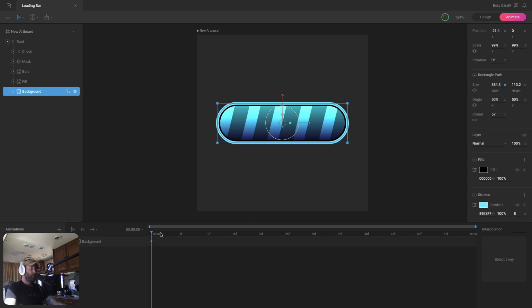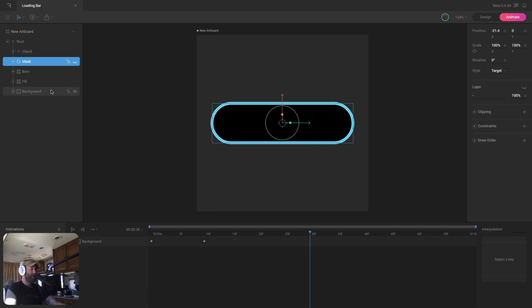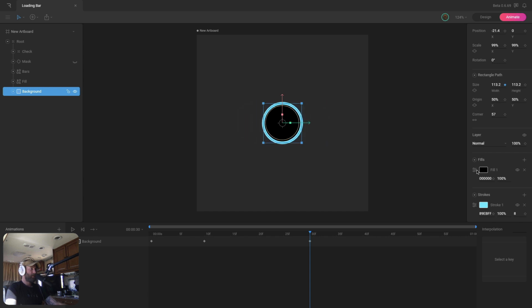So I'm going to key the initial width, go forward to 10F on the timeline, stretch it out a little bit, and then go to 30F and collapse it down into an ellipse. But this mask is in the way, so let me turn that off. All right, now let's squash this down into an ellipse here. Just like so.